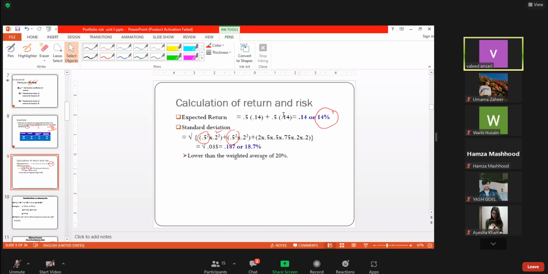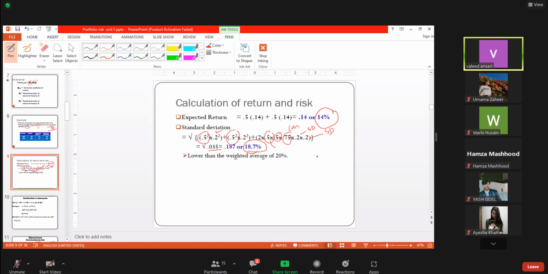So it has been done: 0.5 for one security, and these are the weightages. So the first security 0.5. This is for the other, the correlation coefficient. These are the SD of 1, and these are the SD. So we have multiplied it. And we get this, and if you take the square root of this, it will become 1.87. Converted into percentage, it will be 18 point